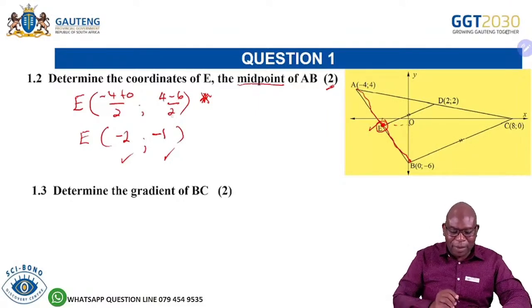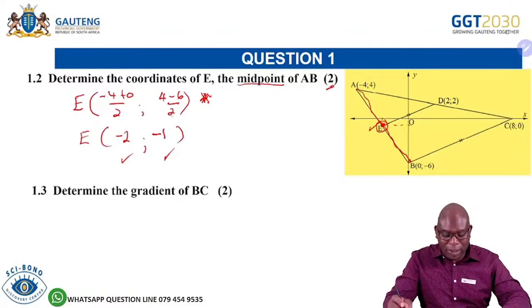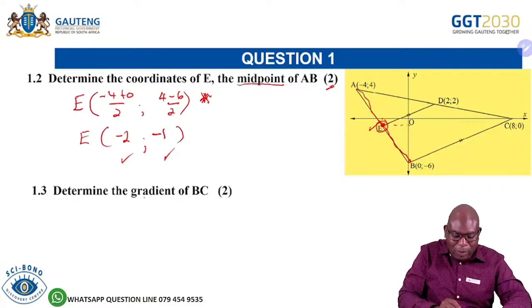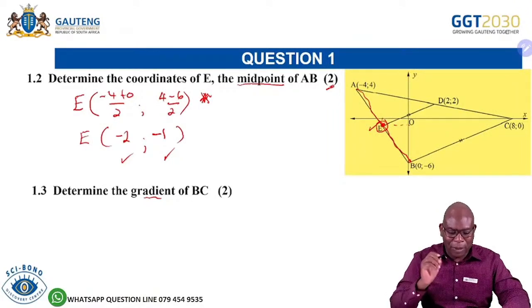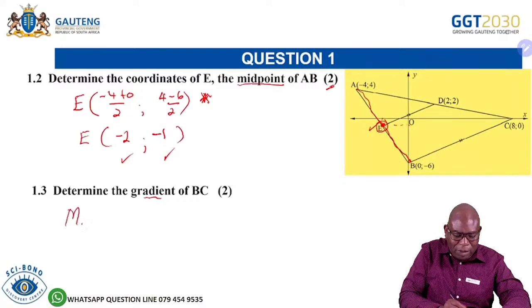Okay. The next one, it's 1.3, which says determine the gradient. Remember, these things are there on the exam guideline. Did you practice the gradient? Do you understand what the formula needs? Do you understand how to do that formula? Great. Now let's see. Determine the gradient of BC. So the formula for the gradient of BC